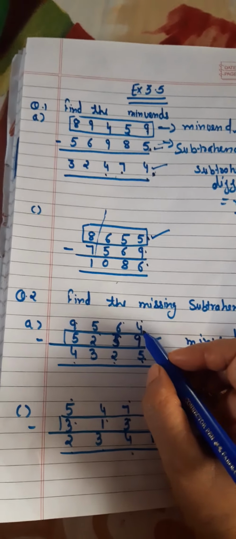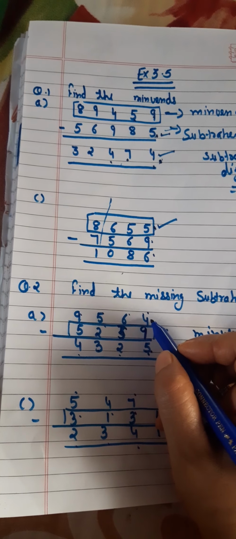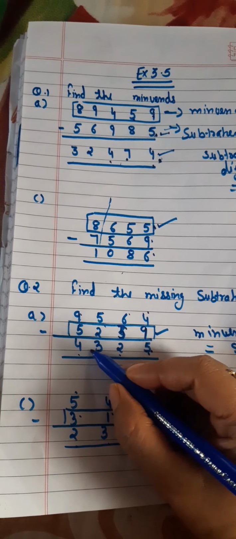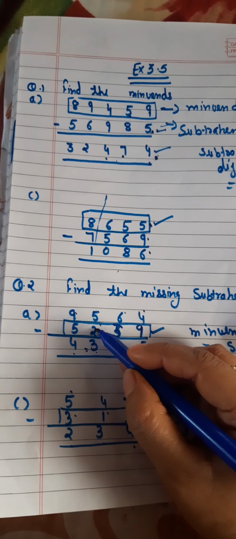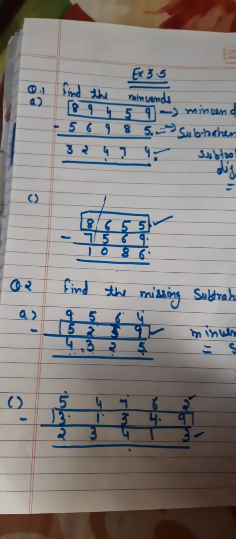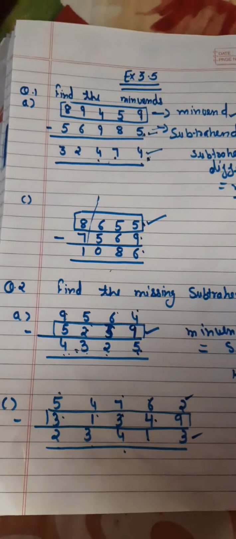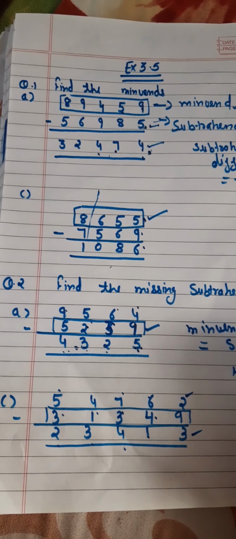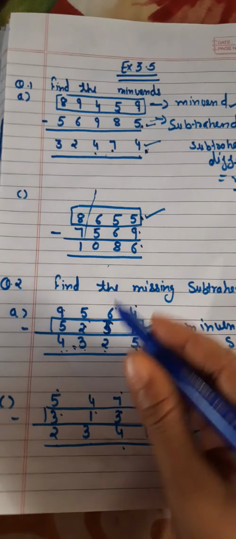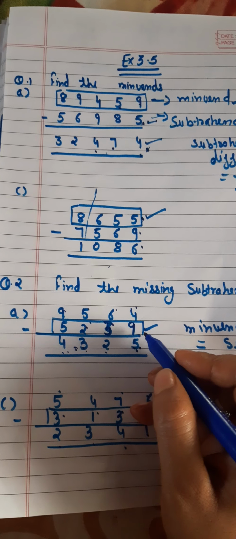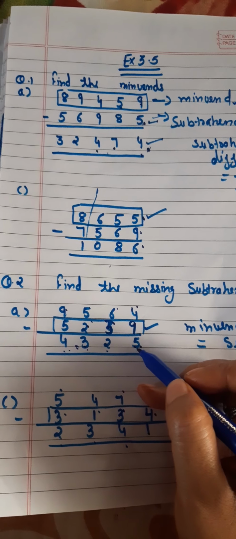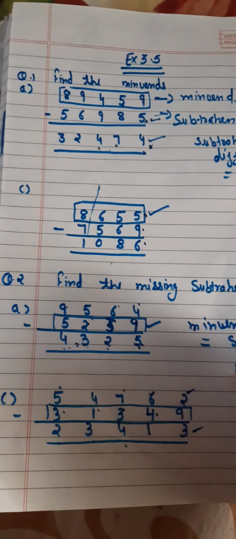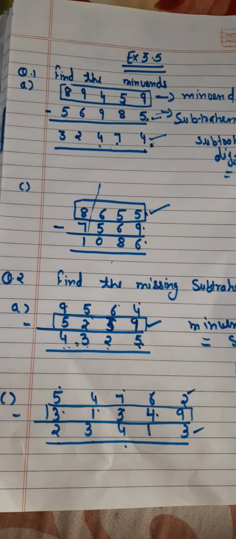Okay. So let's start. Here minuend is 9,564 and difference is 4,325. So 14 minus 5 is 9 and 5 minus 2 is 3. Then 5 minus 3 here is 2 and 9 minus 4 is 5. You can do it in a separate manner also. You can do the subtraction in a rough column or separately on the page and later write down your answer here. Or you can check the answer also. If by subtracting the subtrahend from the minuend you get the same difference given in the question, it means your answer is correct. Otherwise, your answer is wrong.